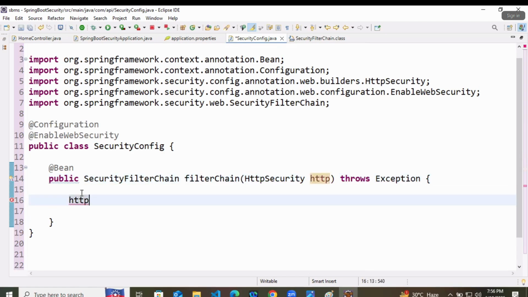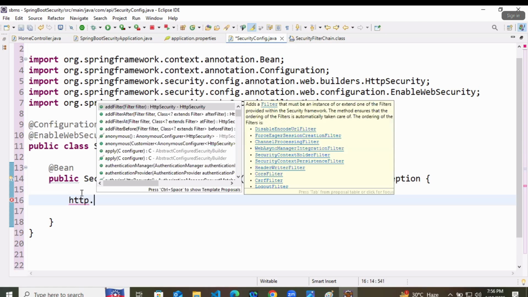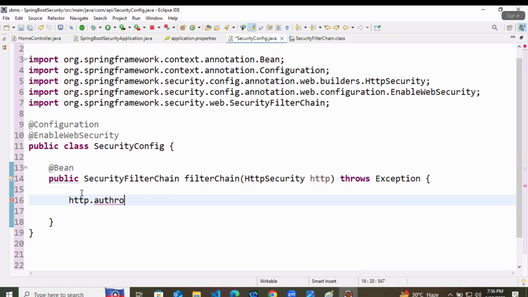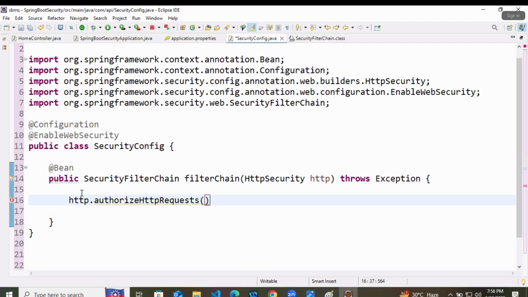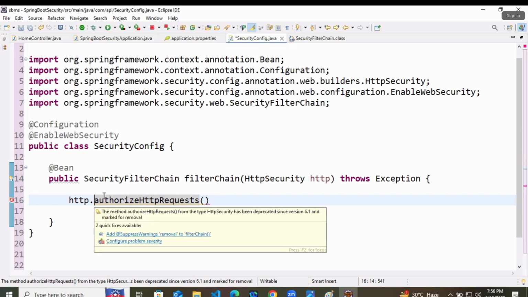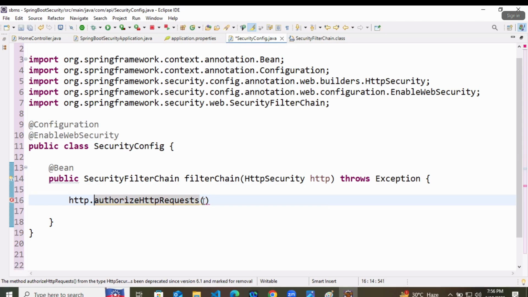So here I will keep http dot authorizeHttpRequests. It means that if any HTTP request is coming to you, you have to authorize it. In what way will you authorize? Here we create a lambda expression of auth.